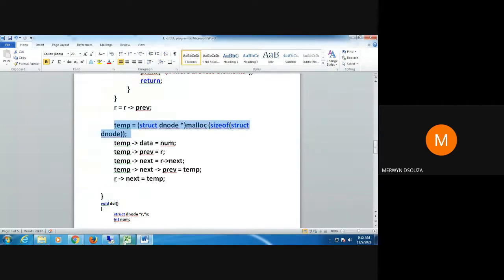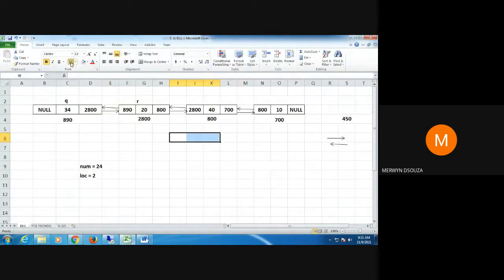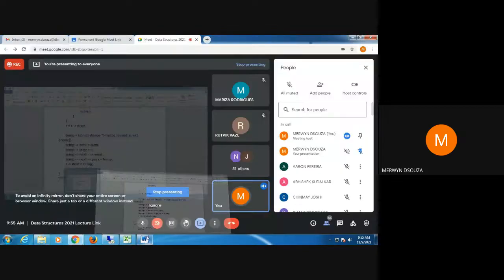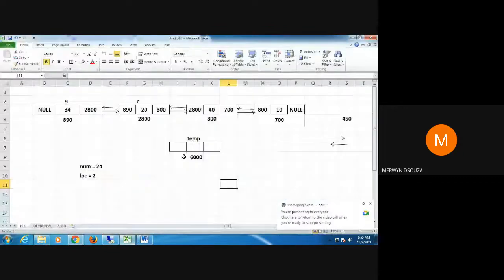That memory is pointed by temp. The address for it is say 6000. Then I enter the value, temp arrow data equal to num, so it will become 24.